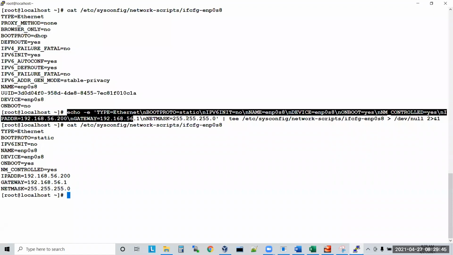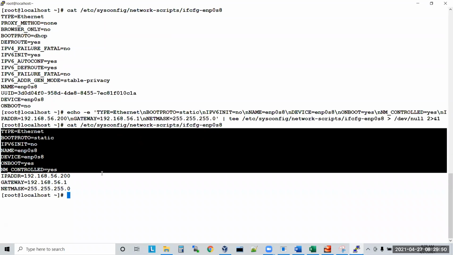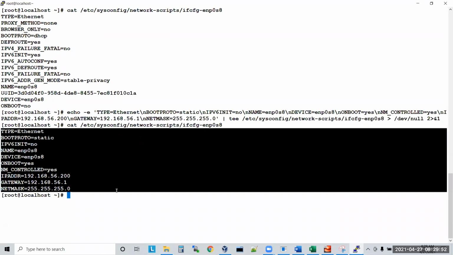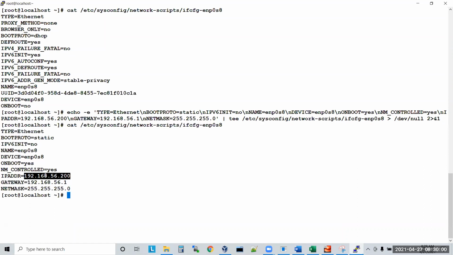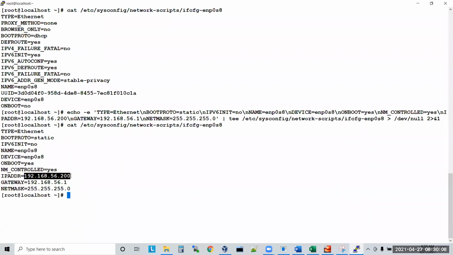But later, by entering this line, I changed the content to this. So here I am giving the fixed IP address. What is the fixed IP address I'm giving now? 192.168.56.200. This is the IPADDR, the fixed IP address I'm giving now.